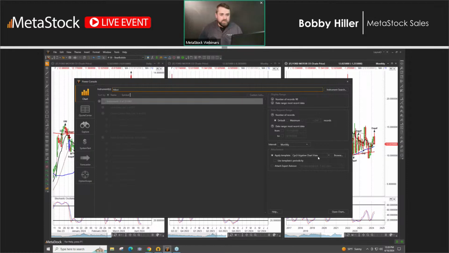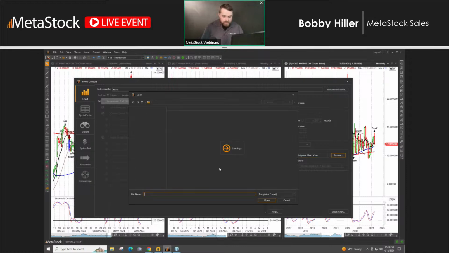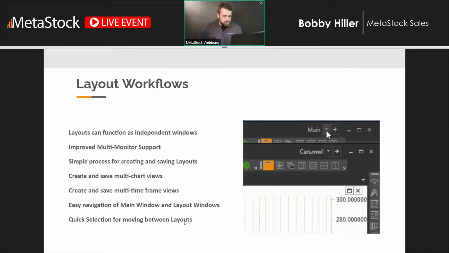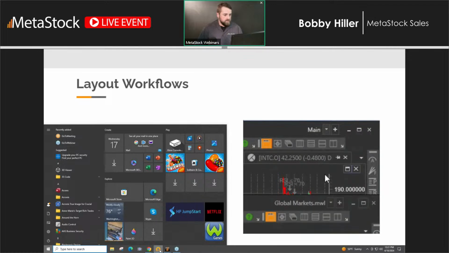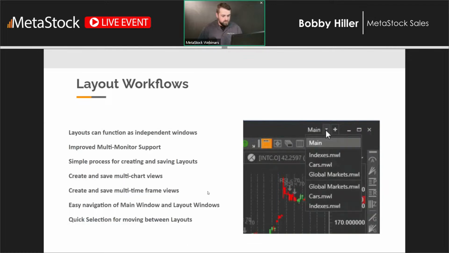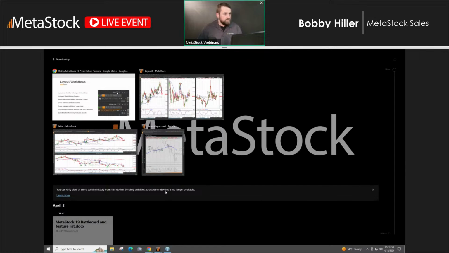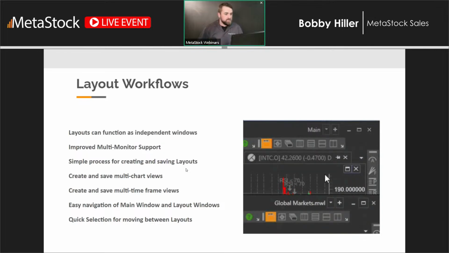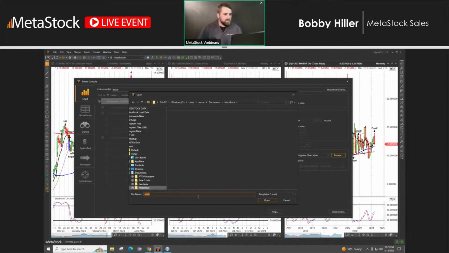So Tesla, and for template, I could actually just come in and click Browse, and I'm just going to type multi. We'll let this load. Oh, I'm going to go ahead and close this other program down. And I'm pressing the wrong button. Sorry, this keyboard's a little bit different than mine, so I keep pressing Windows with my thumb instead of the Alt key. All right, come back into MetaStock here.